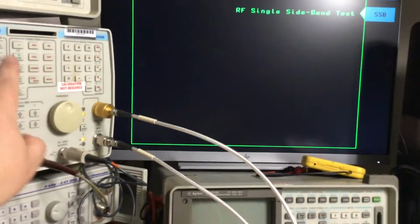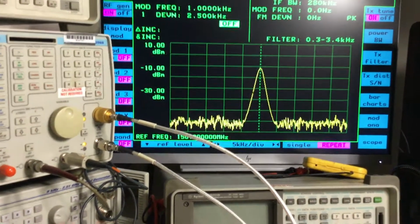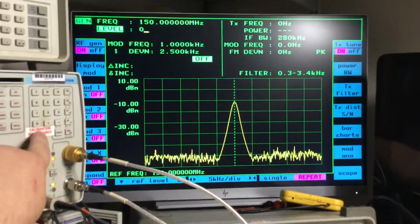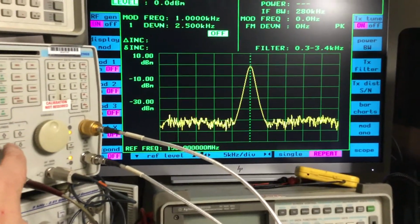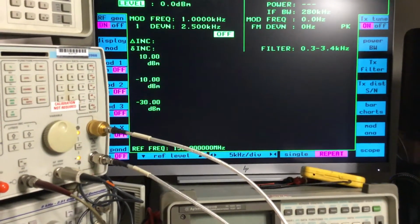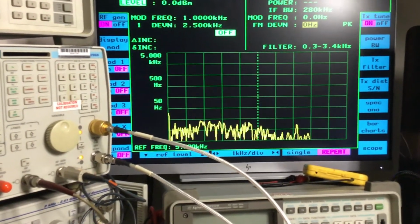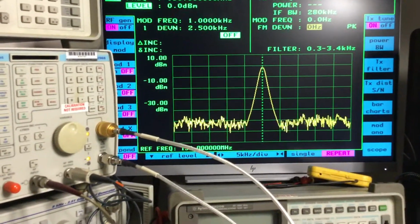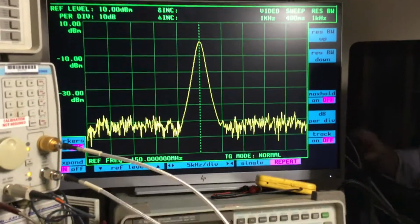Now we're generating a signal out there. RF input output test. RF gen level 0 dBm. Maybe it'll listen to me now. RF test again, then we go to RF input output test, then we go to spectrum analyzer again. I'm pressing the right buttons, expand, and then we go to track gen on,